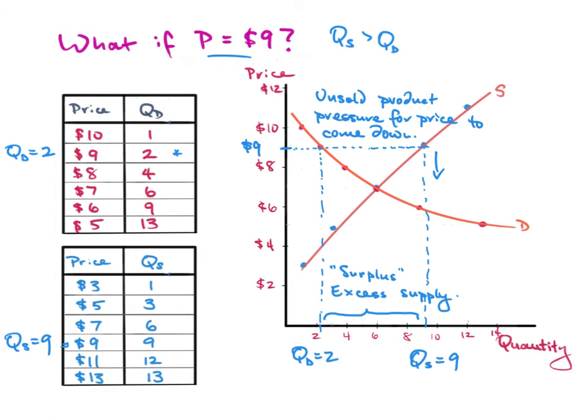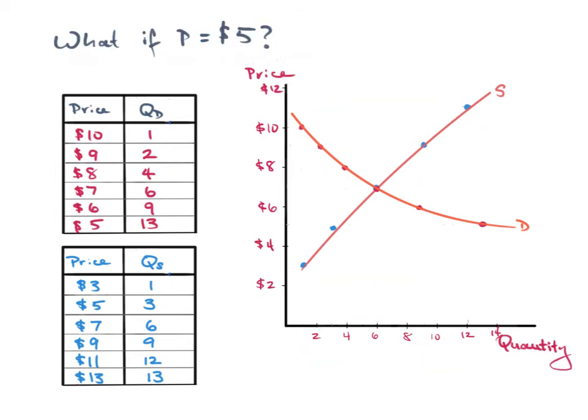Okay. So again, it's not an equilibrium. Next, let me try a different price. Try a low price. What if the price in the market were $5? Okay, right here, that's $5. Well, at a price of $5, we can follow across to the supply curve